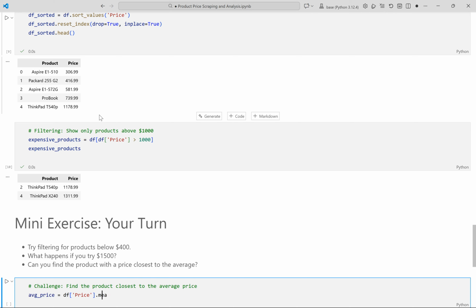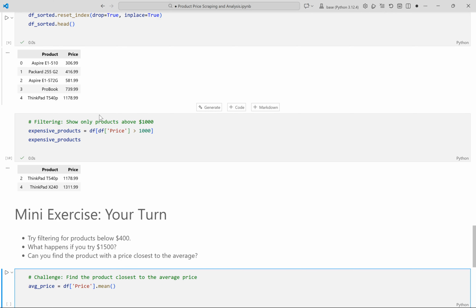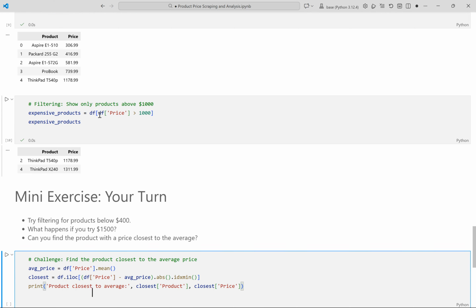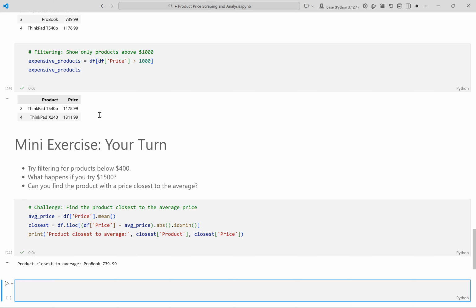average_price equals df['price'].mean(). Closest equals df.iloc[(df['price'] - average_price).abs().idxmin()]. Print, product closest to average, closest['product'], closest['price']. Running the cell now. This output shows the product with a price nearest to the average price of all products,